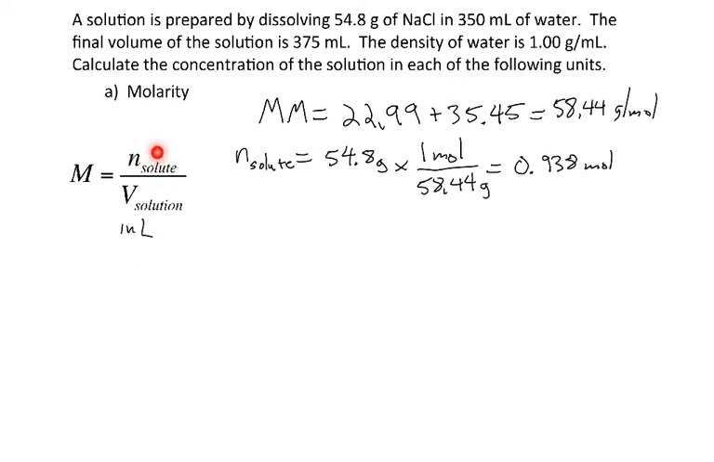So I've got moles of solute. The next piece of information I need is the volume of the solution. So now I look at the information that I'm given, and I see, oh, okay, the final volume of the solution is 375 milliliters. So the only thing I need to do for this is, in molarity, the volume has to be in liters. So 375 milliliters, I would divide by 1,000 to get that into liters. So the volume of the solution